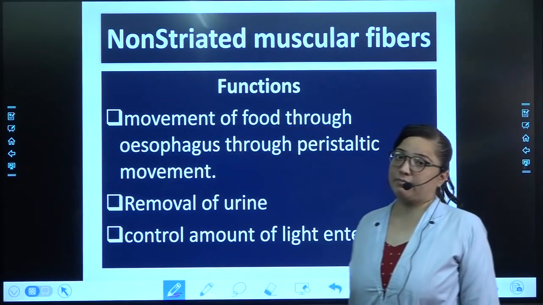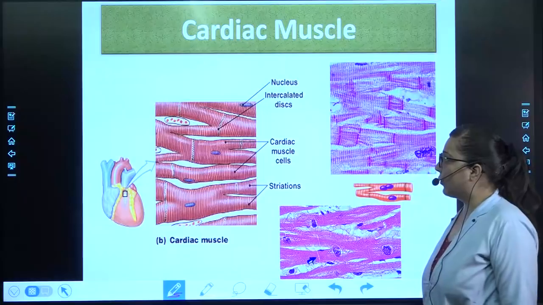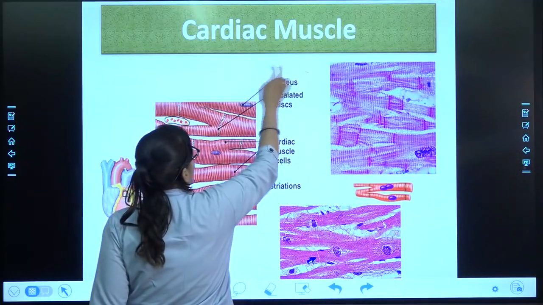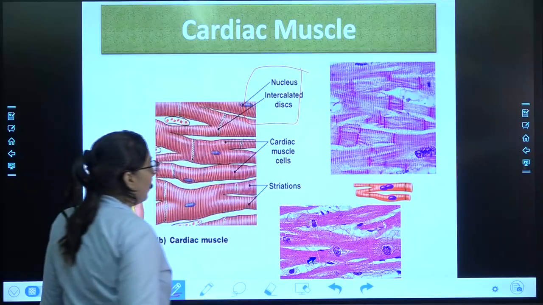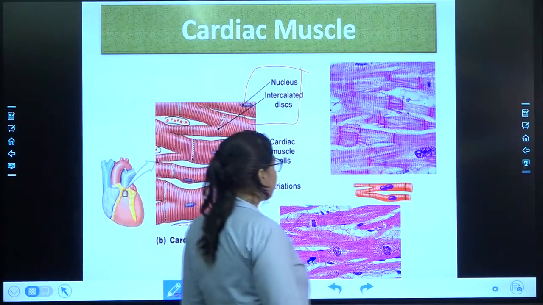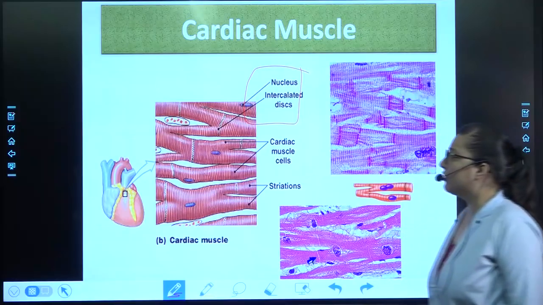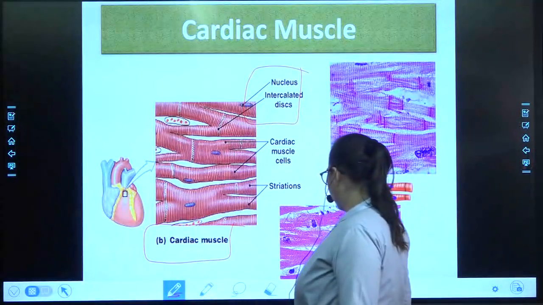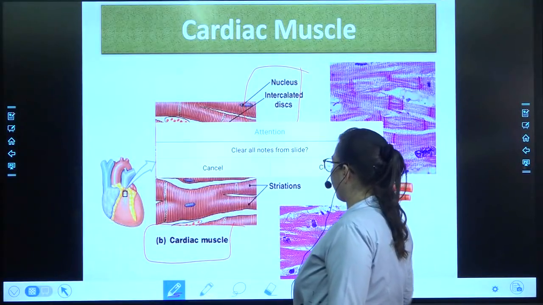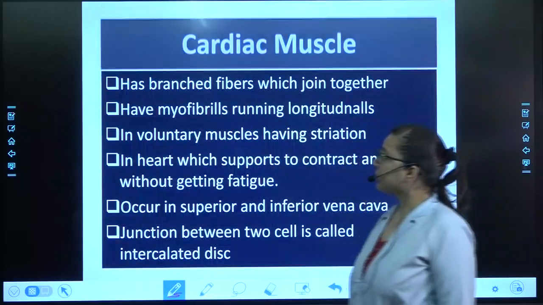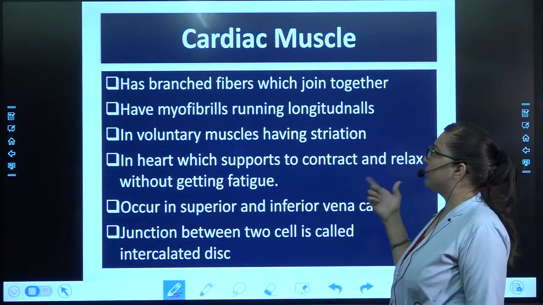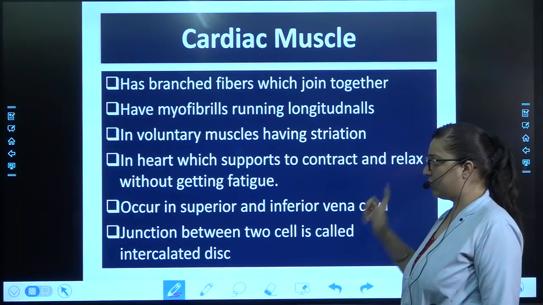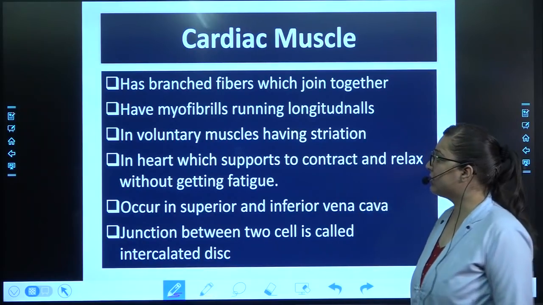Next is cardiac muscle. You can see over here where there are two joinings, there is an intercalated disc. Okay, moreover, this is called as cardiac muscles. Generally, it is found near the heart, that is in the superior and inferior vena cava. They have branch fibers which join together, have myofibrils like the smooth muscles, and